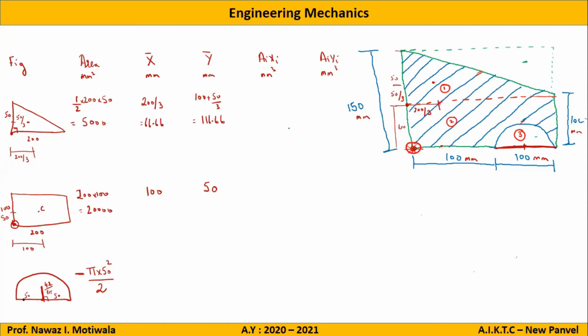Now locate this point in our main diagram. So it is nothing but this point, center point, correct? Yes. And from here it is this part. Now someone please give me what is the answer for x and what is the answer for y from our main reference. Yes, 100 plus 50. Yes, correct. It will be 100 plus 50 for x, and for y it will be 4r by 3 pi.